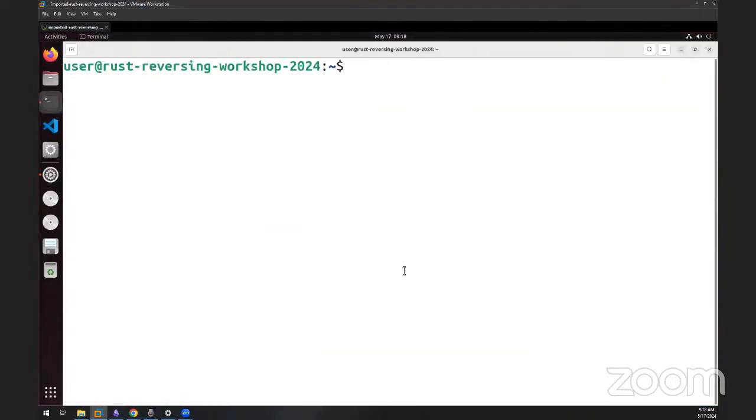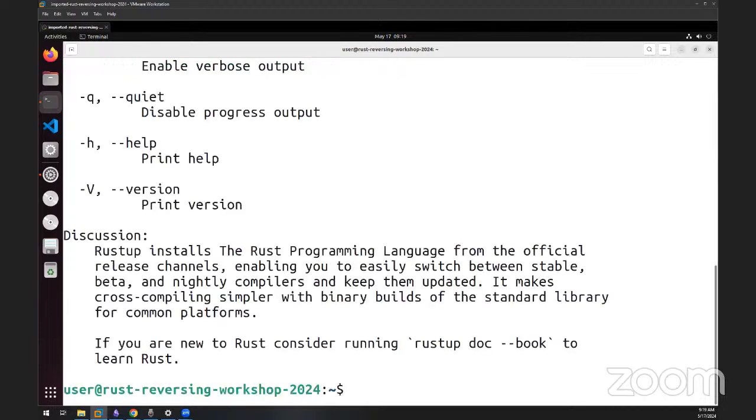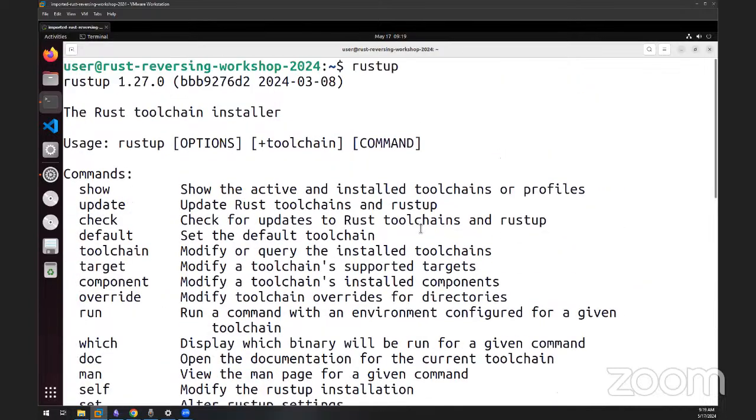In case you're like, oh my God, I'm logged out and she didn't put the password. Why? Can everybody see this terminal from the back? Is the text big enough here? Excellent. Okay, so yeah, just make sure that you can run rustup. Once you do that, it should print help output like this by default. You can see that rustup just tells you what it is. It says, I am the Rust toolchain installer, right? So if we go back to our slide over here,